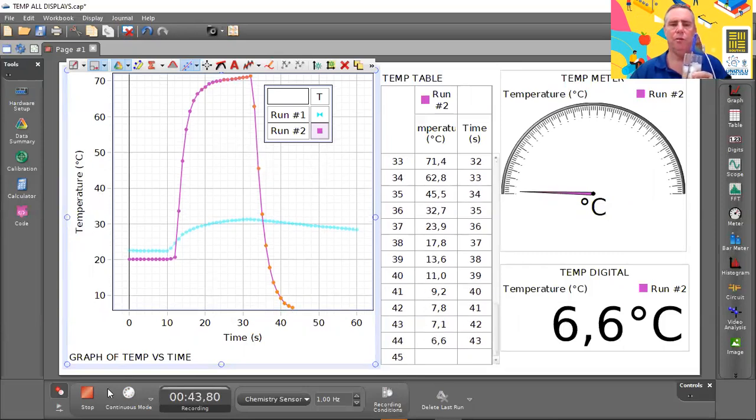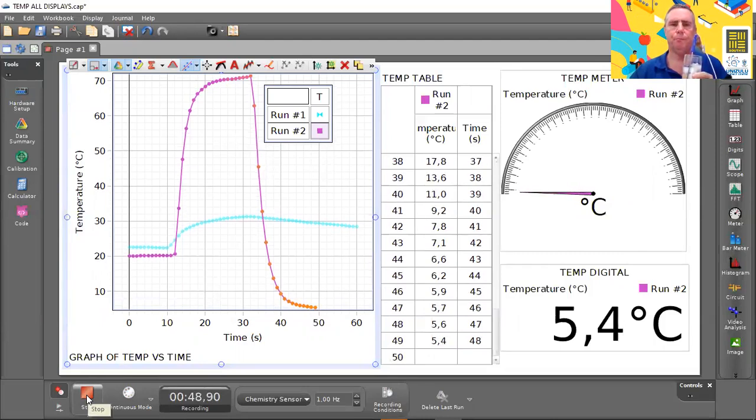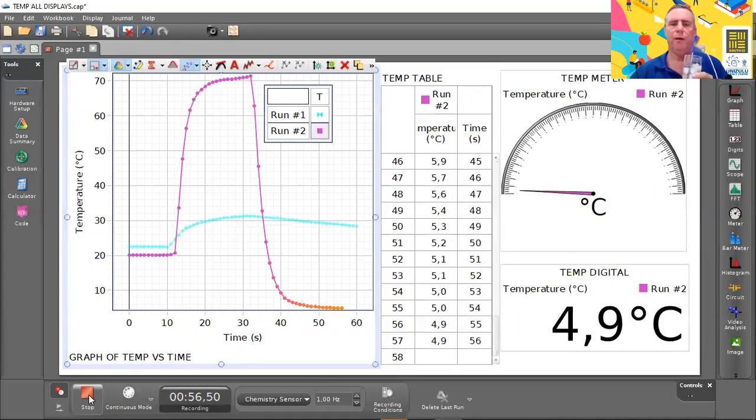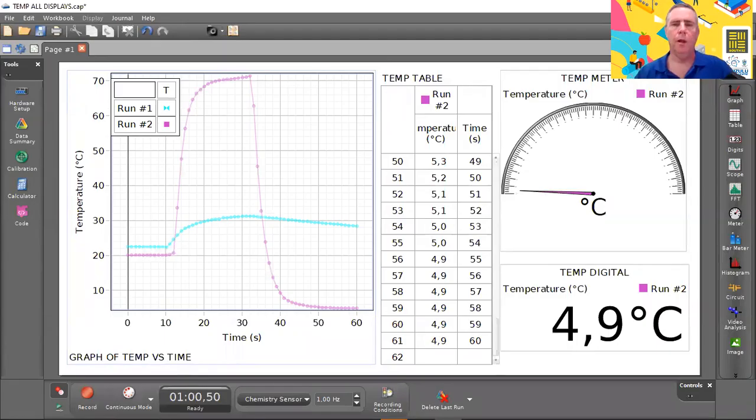We're going to allow it to go to 60 seconds like we did before. You can see it's getting very cold, actually almost close to 0, down to about 5 degrees Celsius. And we'll stop the recording there. So having taken 2 sets of readings, although we had all the data in the table, although we had the meter and the digital display, I think you'd agree with me that the graph gave us by far the nicest readout. And in fact, if I take this graph here and we just make it a little bit bigger so